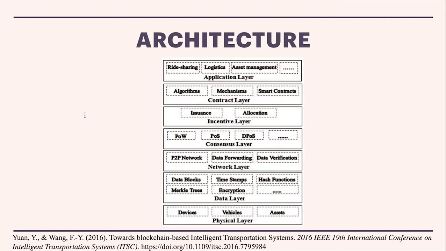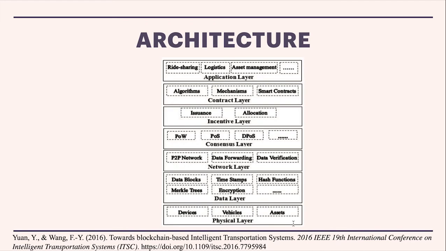So this architecture is a little more layered. There are 7 layers. There's the physical layer, which has the devices, which can also be vehicles. Then there's the data layer, which is the actual blocks, the timestamps, and the hash functions. Above that is the network layer, which is the peer-to-peer network. And then the consensus layer, which has the proof of work. The incentive layer